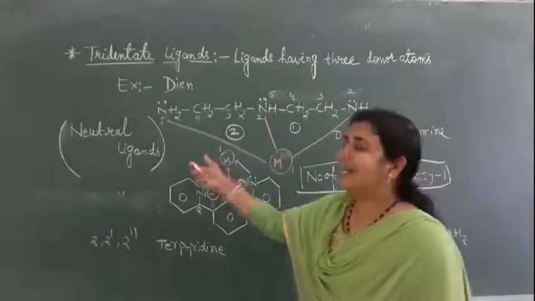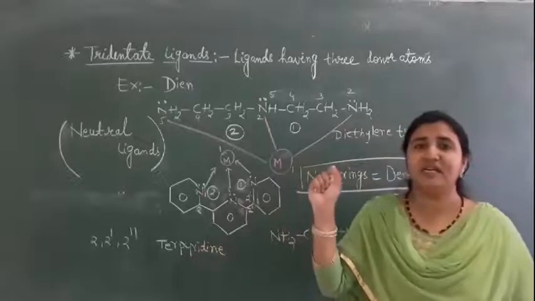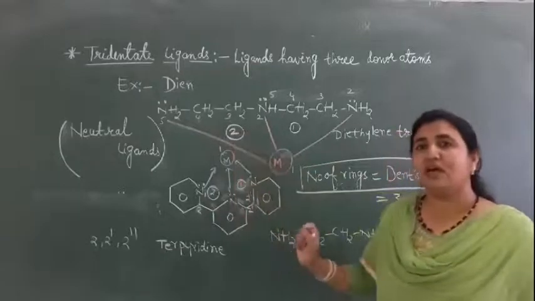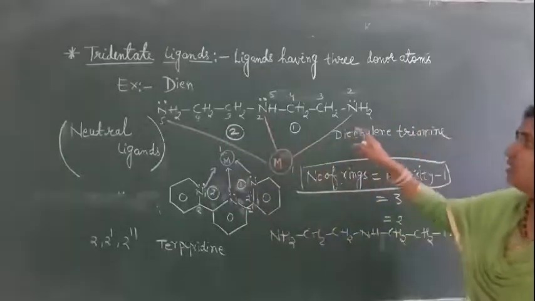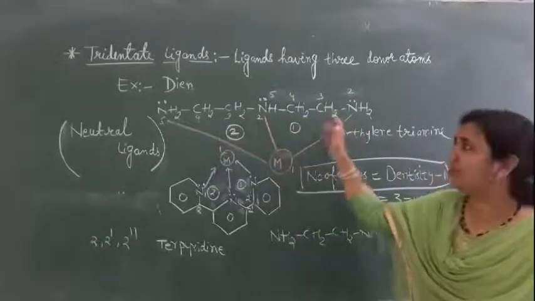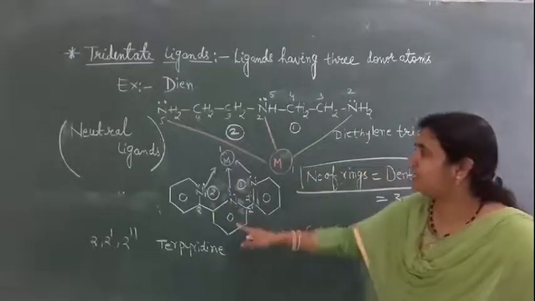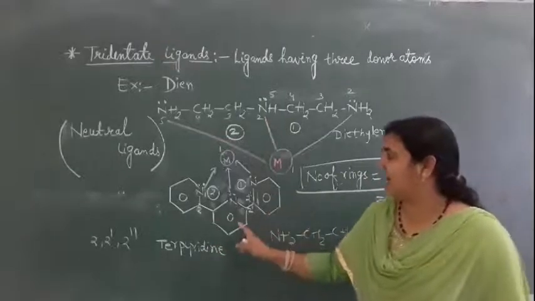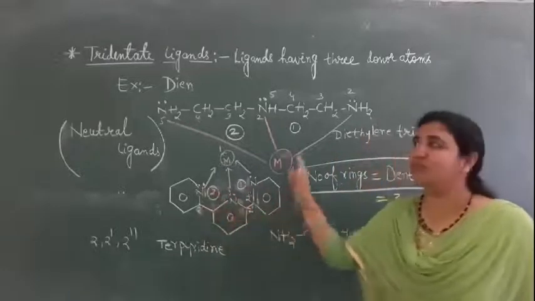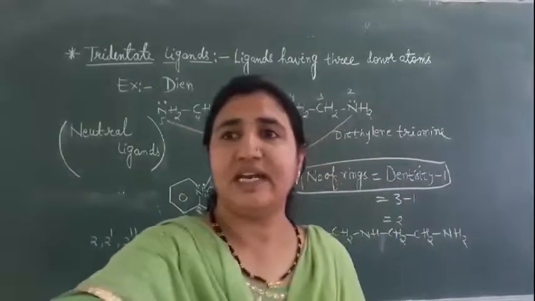This is tridentate ligand. Tridentate neutral ligands they are. As in the chart we have written, tridentate ligands are only neutral ligands. So these are the 2 examples for the tridentate ligand. First is diene, diethylene triamine. The full name is diethylene triamine, and number of rings are 2 here. And in this case, terpyridine also. So we have 2 rings will form here, and we have here 3 donor atoms. So this is about tridentate ligand. Both are neutral ligands.